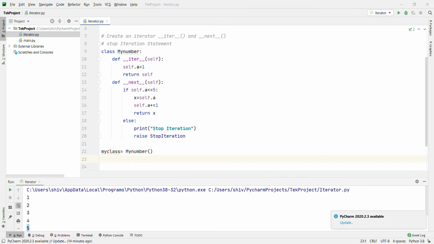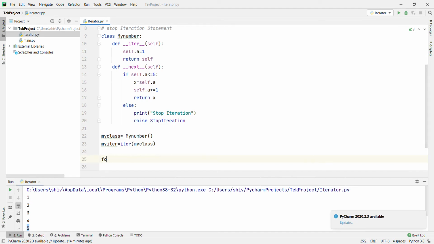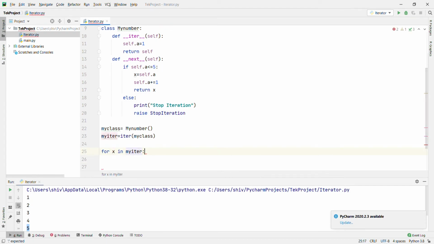Okay, and then myiter equal to the iter method, passing the object, and then we are using the for loop: for x in myiter, colon, print of x. Okay, what will happen?